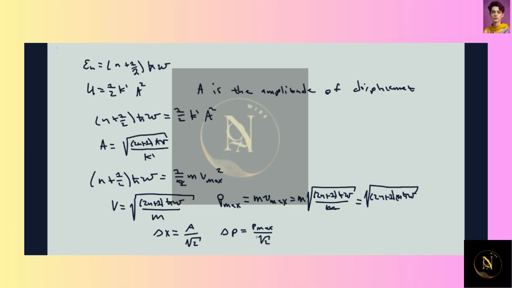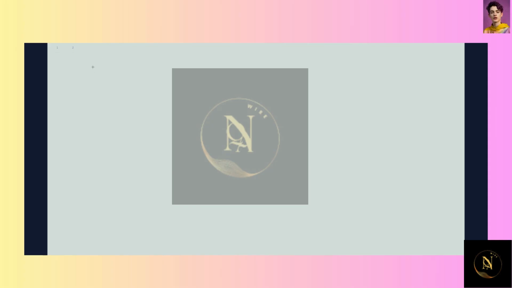Now what we want to do is multiply these together to get the product. I'm going to create another page for that to make it a little easier. So we get a over the square root of 2 times p max over the square root of 2